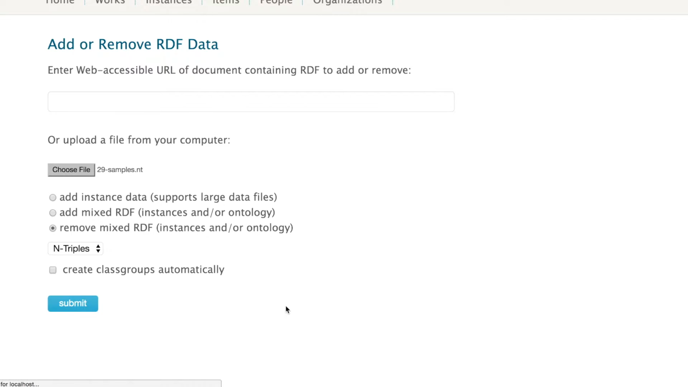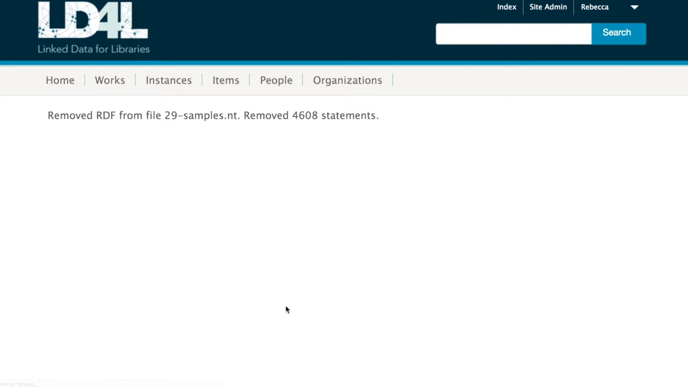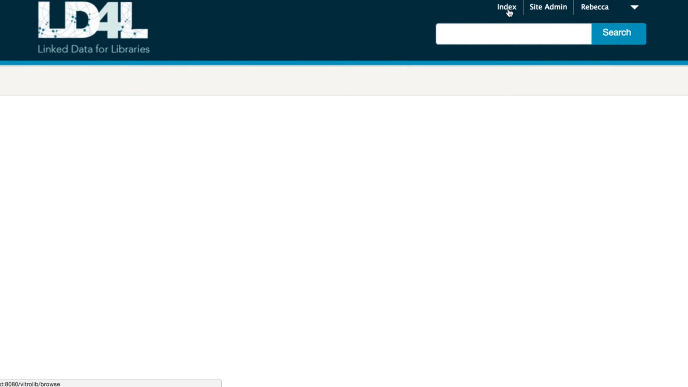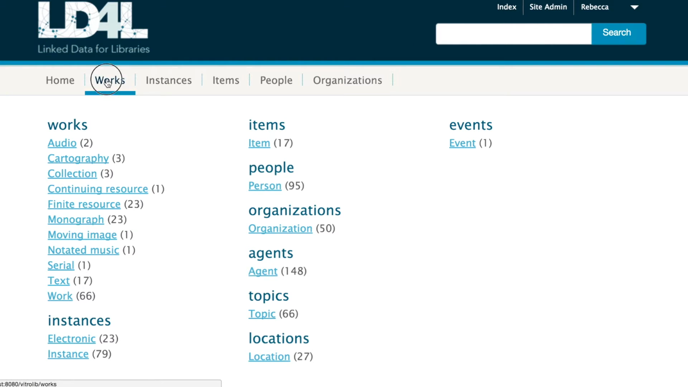Once again, not only is VitroLib removing the triples in the file from the triple store, it's calculating which related triples, if any, should also be removed, recomputing inferences, and updating the search index, so the process may again take a noticeable amount of time. I get a message on the screen when the process is complete with a report of how many triples have been removed. This time, if we go back to the index page or to the menu pages,